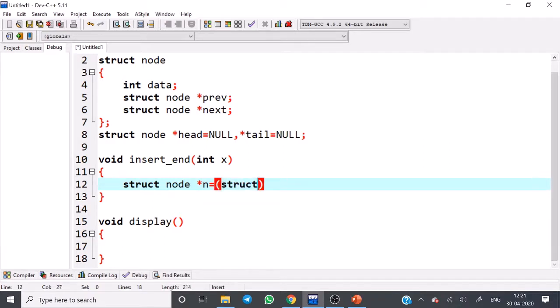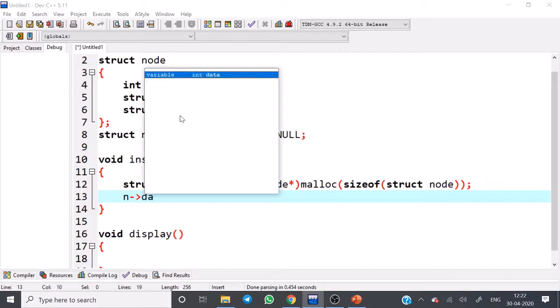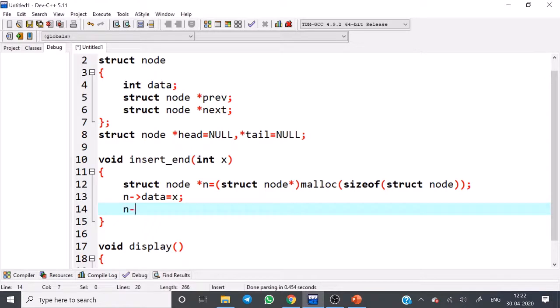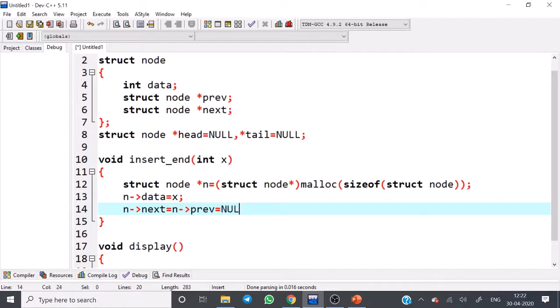Use type conversion here, struct node star, and set the new node of data equal to the value, new node of next equal to null, new node of previous equal to null.